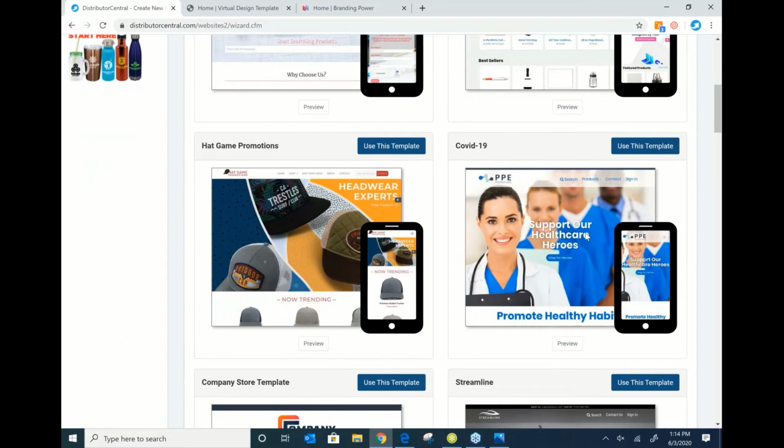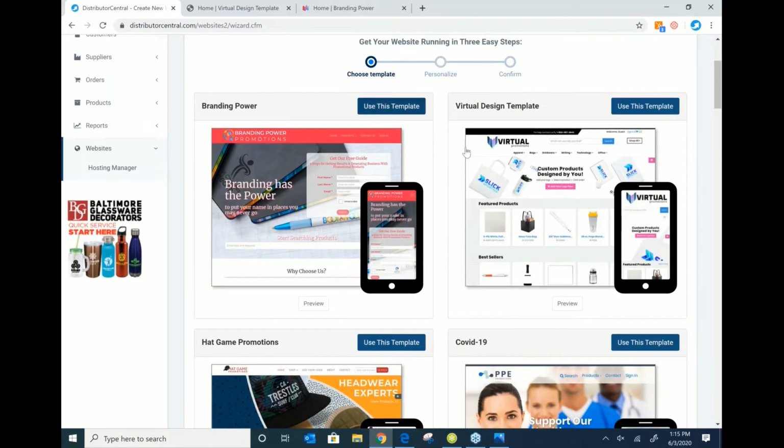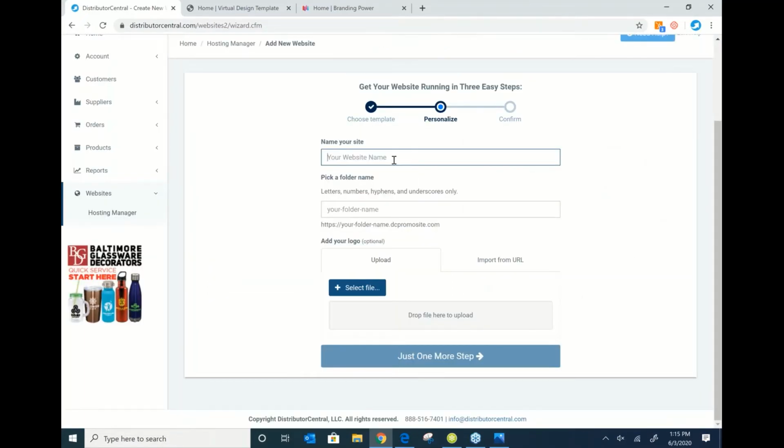So this is going to be all products that are pertinent to what's going on in the world right now. We've also got a website, some curated websites that are like hacks, and we're coming out with one for political awareness, since we're coming up on an election year, a politically based website with different election type products. But if I wanted to use any of these templates, all I have to do is click Use Template